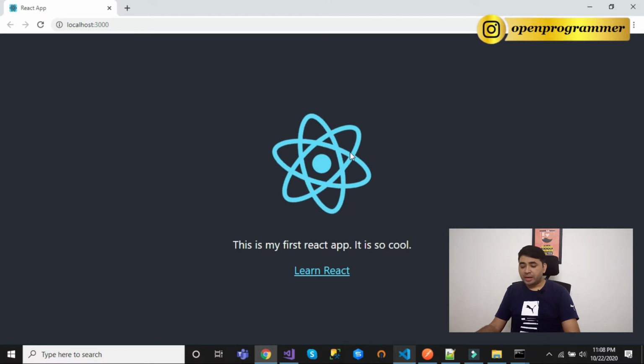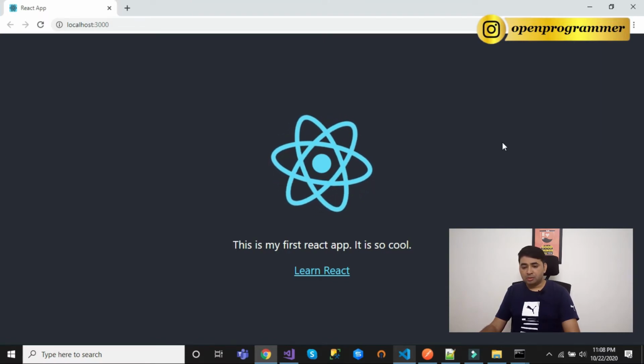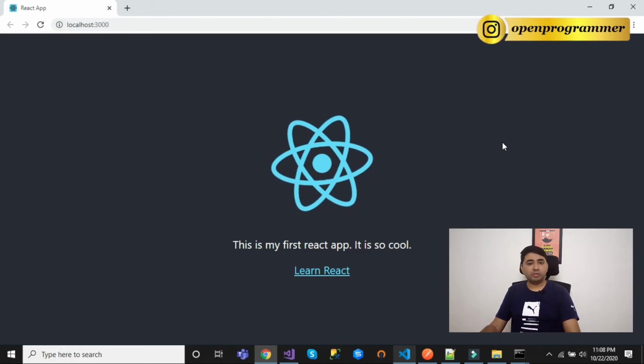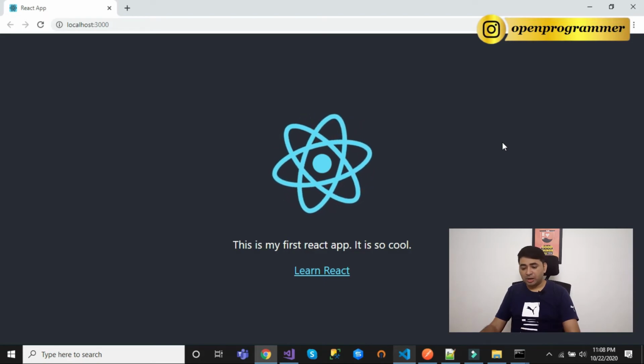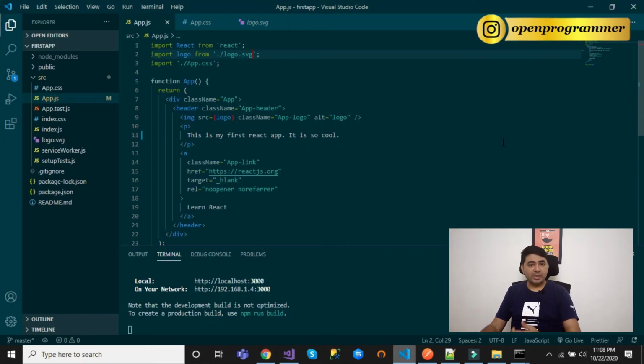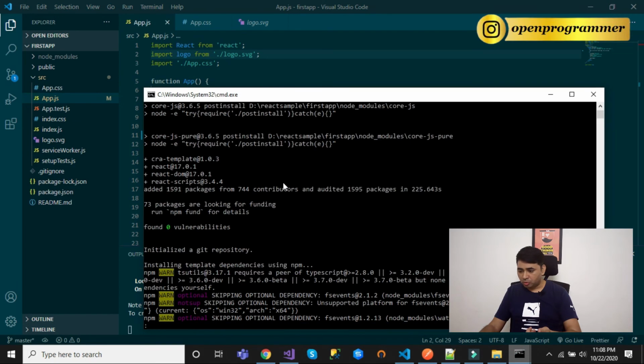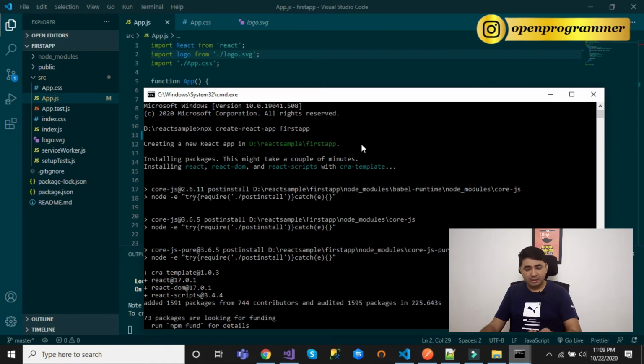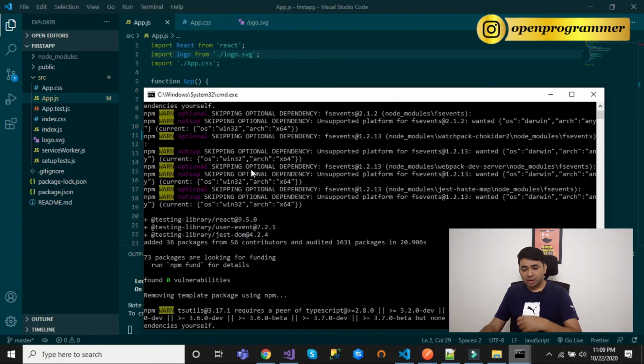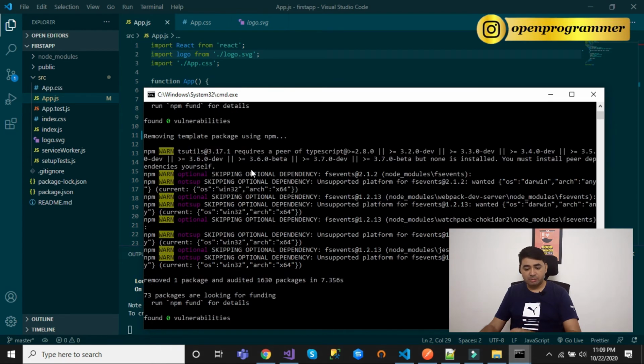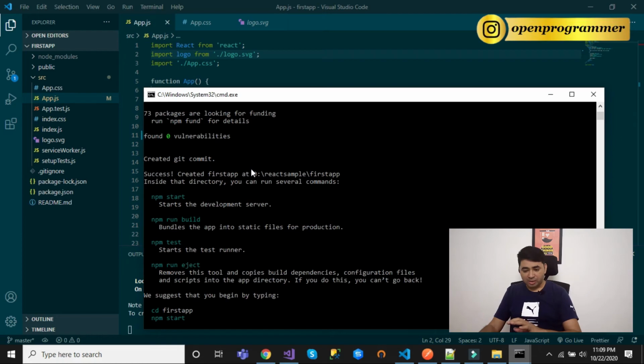So this is how you can create your first React app. This is so simple. We just need to download Node.js and Visual Studio Code from the browser, and after installing we just need to create a folder in which we create our first application. Go to that particular folder, open the command prompt from the same folder and just write npx create-react-app, then your application name, hit enter. It will take some time and install and download all your required files, folders and dependencies into the same folder. After that,